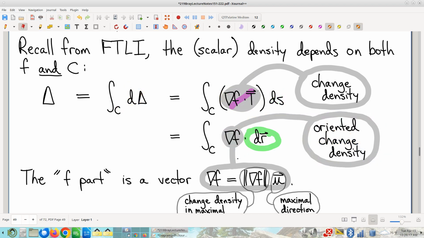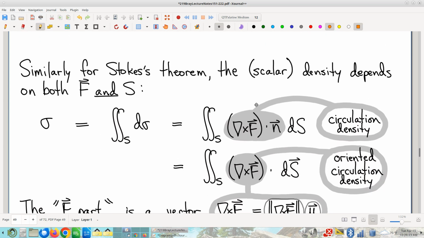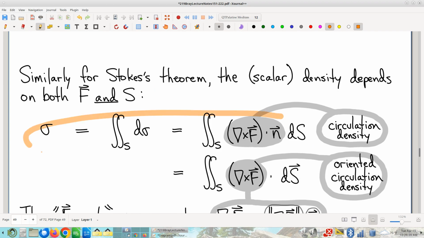So let me just point out, I'm going to skip over some things here, but we're going to do the exact same thing now for Stokes' theorem. Again, here's the way we first wrote Stokes' theorem. We noticed again that product, that's not how the pieces fit together initially, but oh my gosh, look at that. That is literally exactly ds. And so again, we have this opportunity, instead of thinking of this as a scalar density times a scalar size, right? After we regroup,